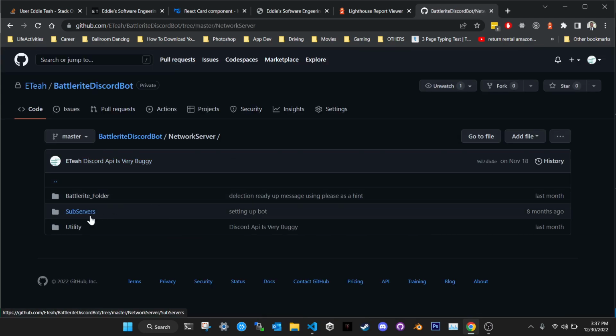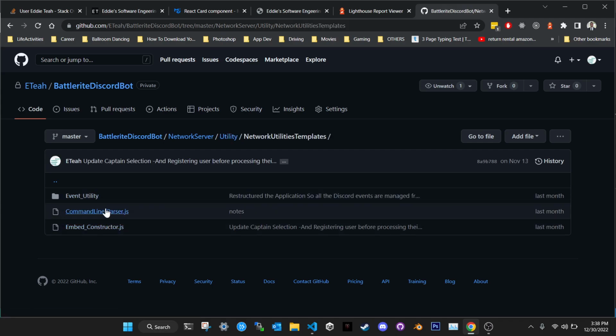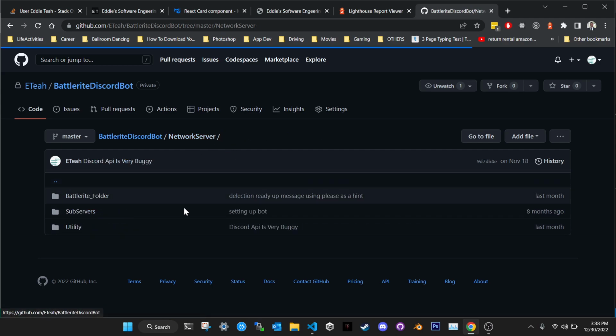But this is it. There it is right here. So when I'm making my application, I usually have a utility folder, and this folder deals with parsing and security and all of that stuff. And there are a lot of things inside of the utility folders, I call them templates and stuff like that.